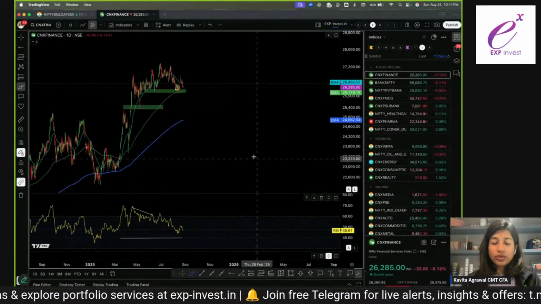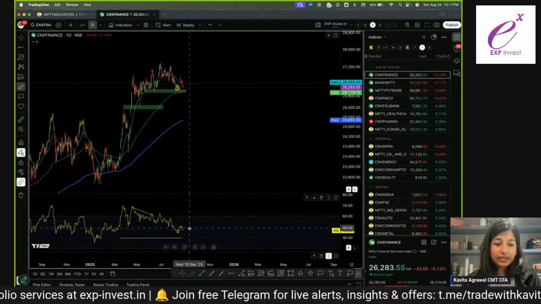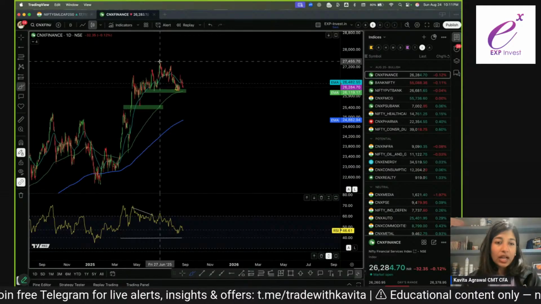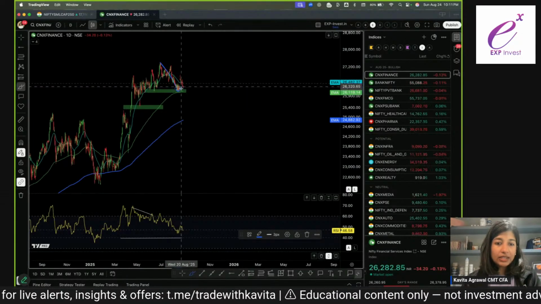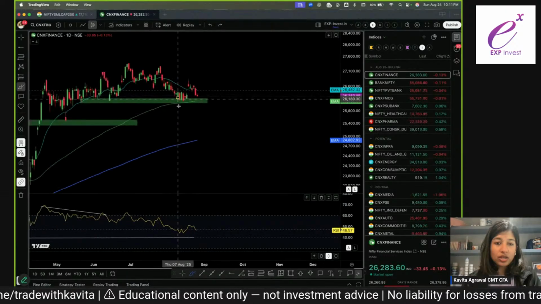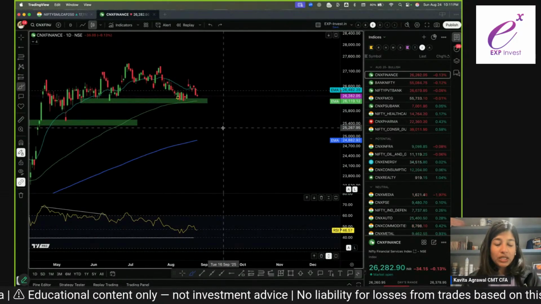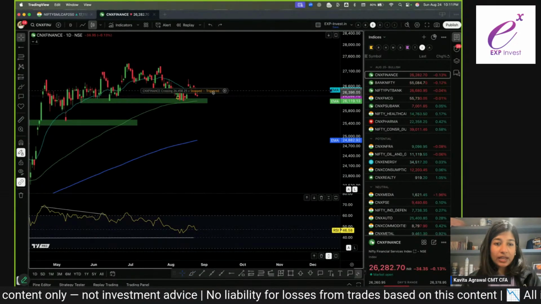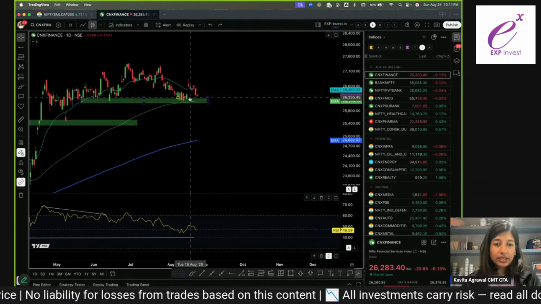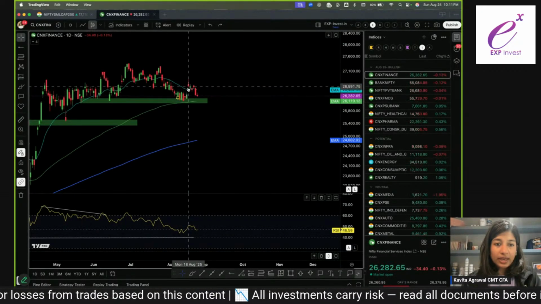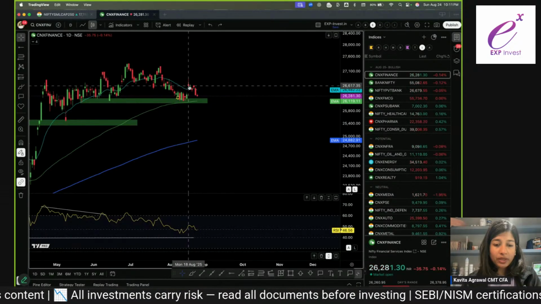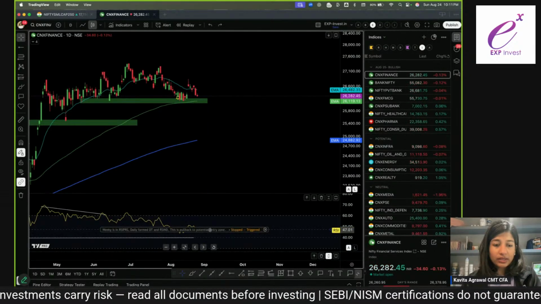And let's start off with CNX Finance. Now, CNX Finance had a negative divergence on the daily chart, but since then, the price has given some correction and it has touched the 100 EMA here. I see that this level, I had an alert which has been triggered, so I'll just delete it. It had given a nice bounce up with a gap up opening, but is it going to sustain it?